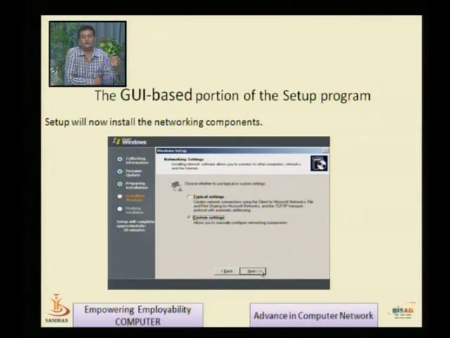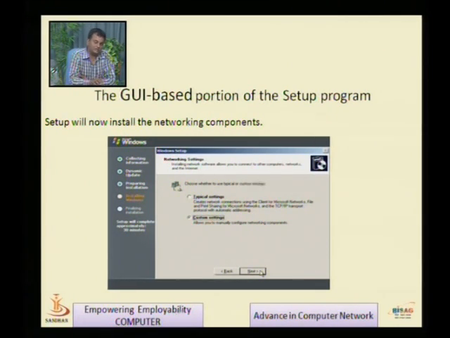All the values you set here for the server will be useful during your Active Directory installation time. If you don't want to do that, you can simply mark the typical setting and press next.